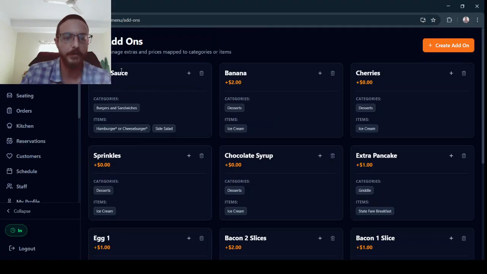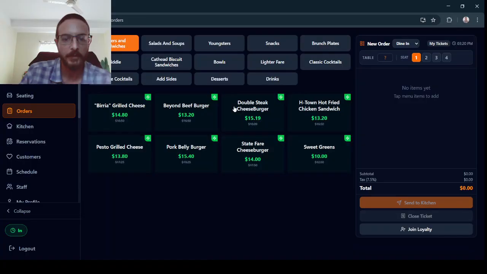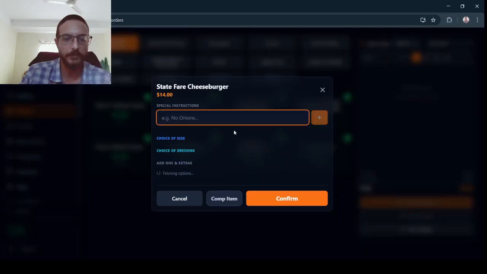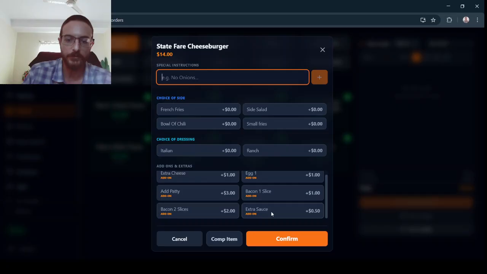You have extra sauce now mapped to the burgers. So what that looks like is when you go in here, and all of these are the burgers and sandwiches. So if I click on the State Fair cheeseburger, we can now see choice of side, dressing, and we could see extra sauce is now an add-on. So if they want to get extra sauce, they could get extra sauce. So if we go back into menu,